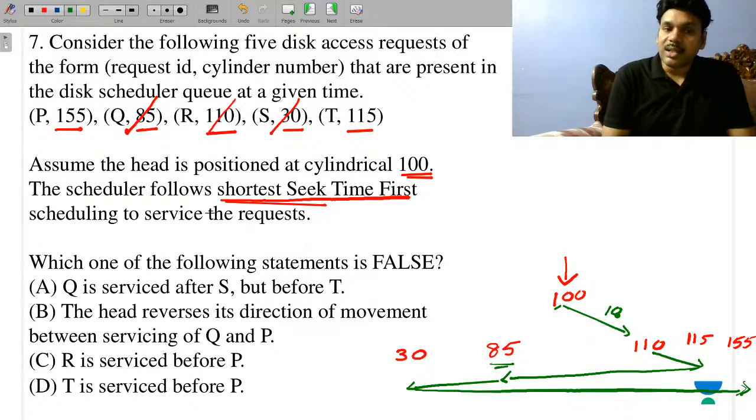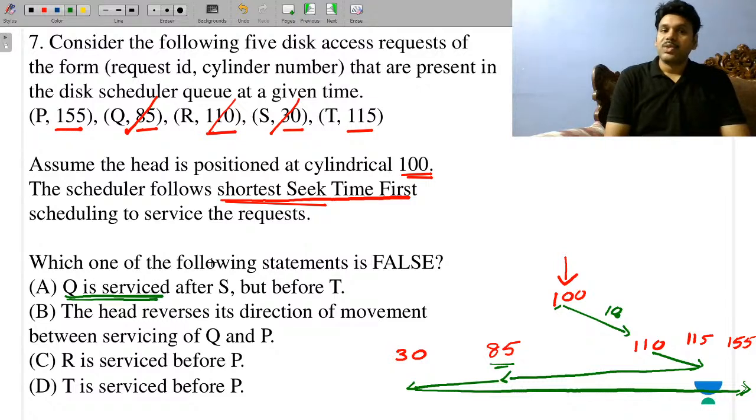Therefore, you see that he is asking when the Q request is going to be serviced. So your Q is serviced after S, but before T. This is one of your answers. So your Q is nothing but 85. So 85 got satisfied